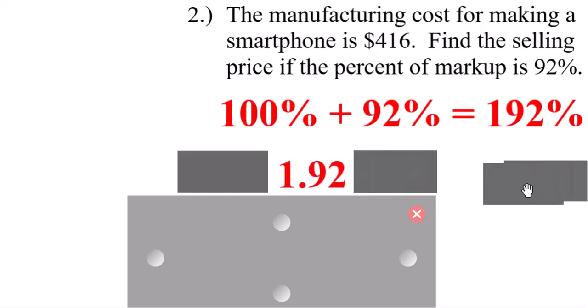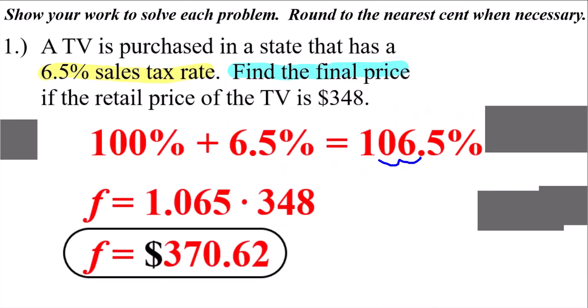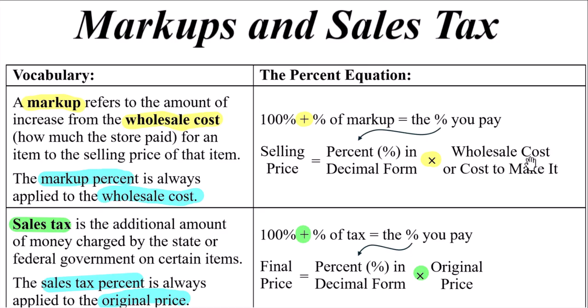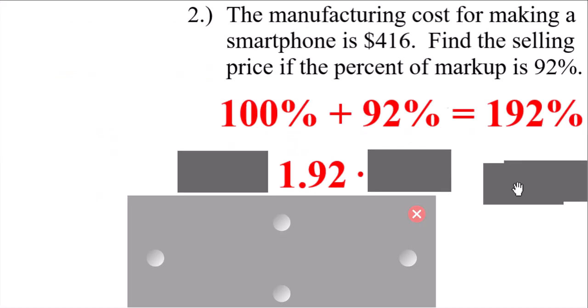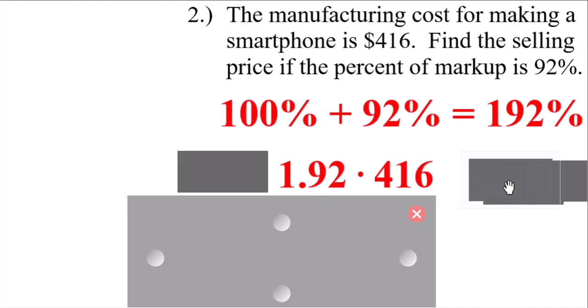Let's put that in decimal form. It's going to get multiplied to, well, at the top of your page, we said the wholesale cost or cost to make it. The manufacturing cost is the cost for making the cell phone. So that is what you're going to multiply this 192% in decimal form. You're going to multiply it to it. And that's going to equal, on problem number 1, we called it the